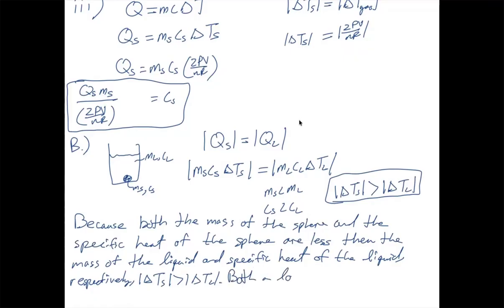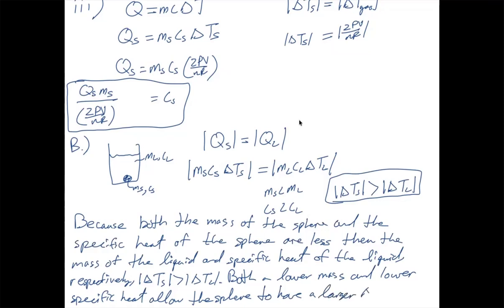So both a lower mass and lower specific heat allow the sphere to have a larger change in temperature for the same amount of energy transfer. And I think that's